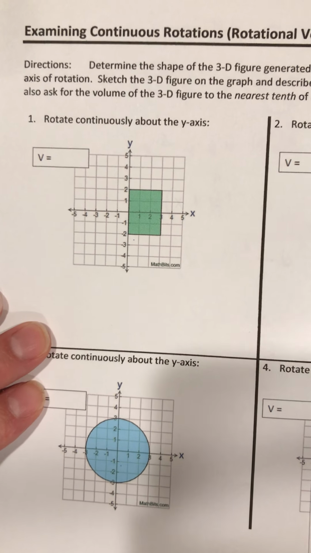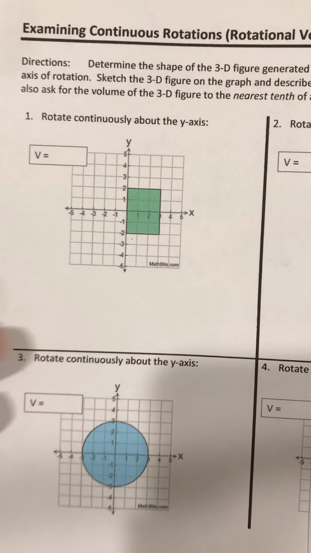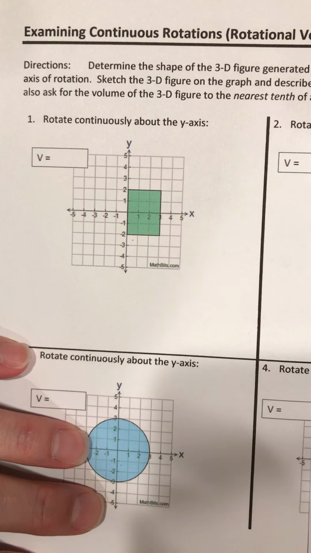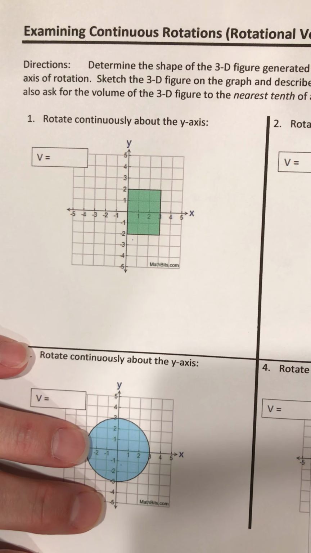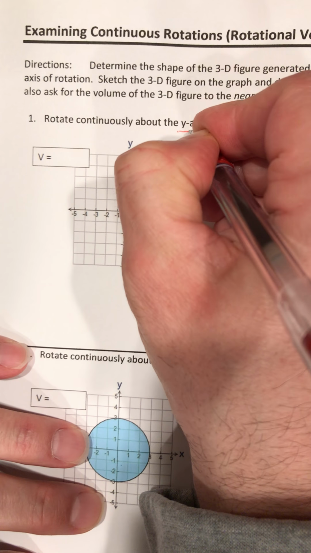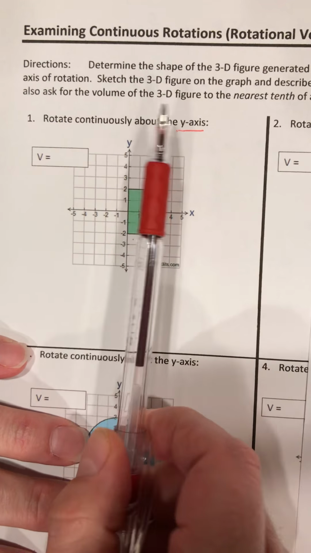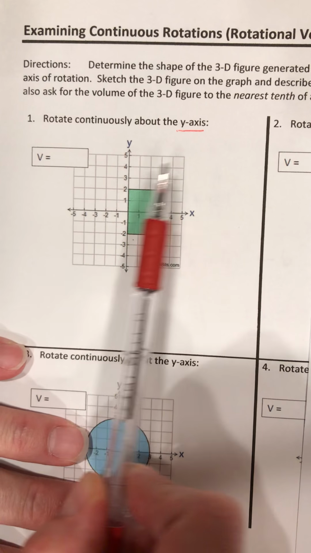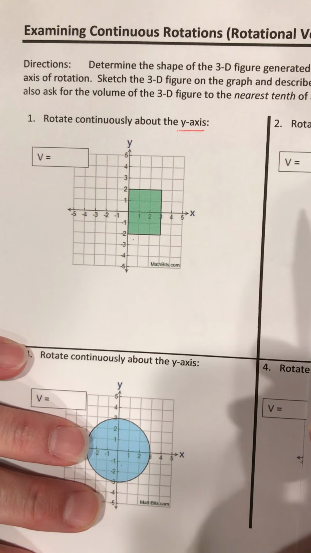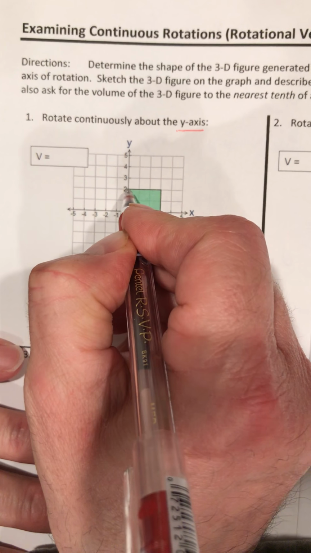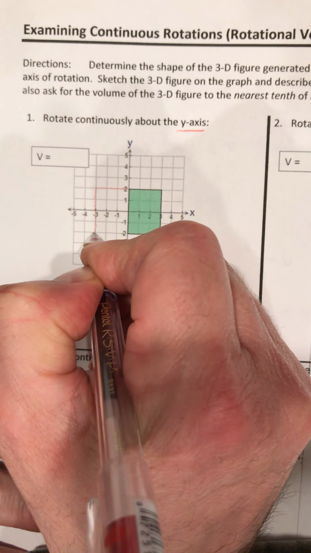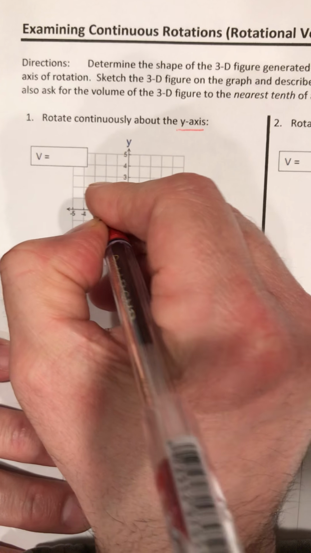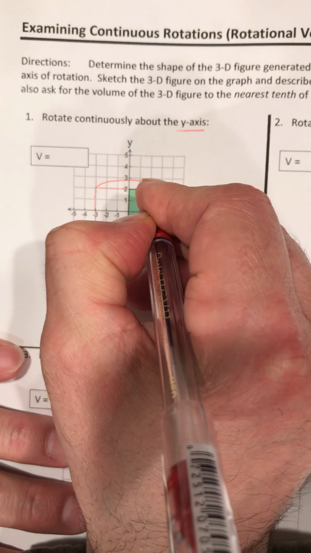All right, geometry kids, we're going to do some rotational volume. If you look at number one, we have a rectangle, and they want us to rotate this rectangle around the y-axis. So it's going to spin around like this around the y-axis. If you drew this in, you get another rectangle around the y-axis, and it would form a cylinder if you looked at it,